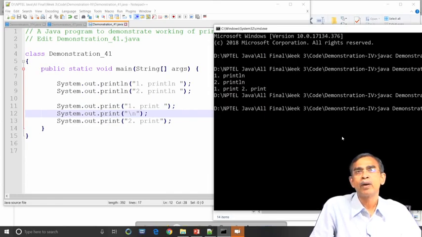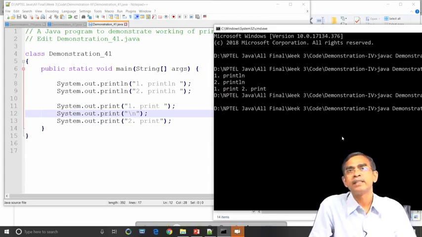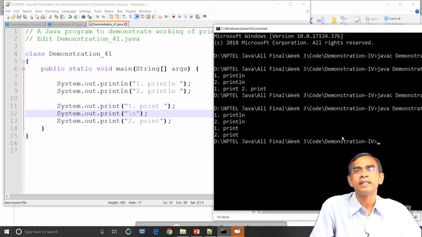Now, you can anticipate what the output will be. The first two outputs will be in two different lines, then the third output also in the third line, and then with System.out.print of the new line, the cursor will automatically move to the next line, and the last print statement will be on the next line. Now let us see the output. We can see it. This is the effect of backslash n. It is the new line character. It is the same as in C or C++ programming, so the new line character is also accepted in Java.